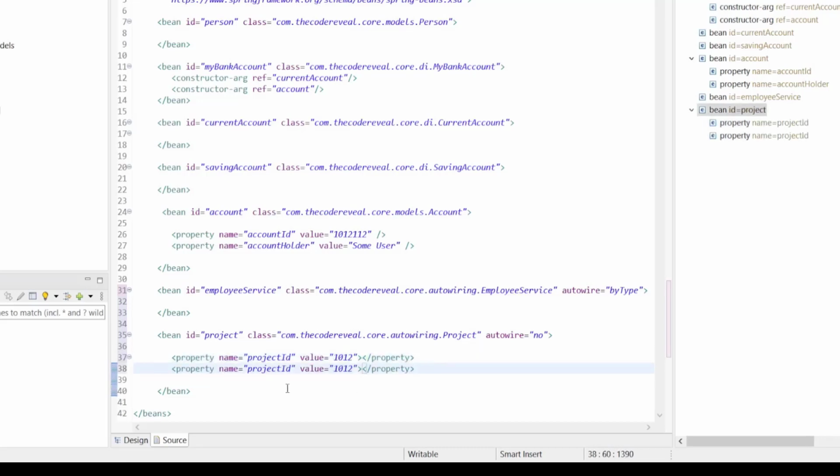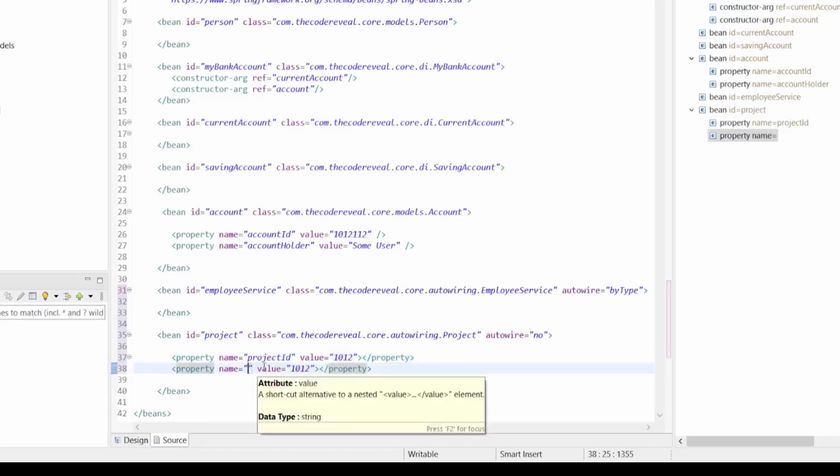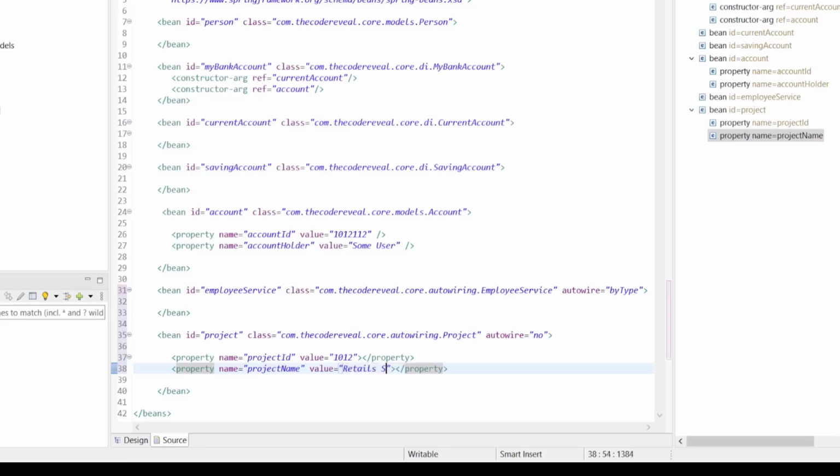So this is a setter injection, and give this projectName, and we'll give value retail shopping website. Okay, so we have this bean project and employeeService bean.